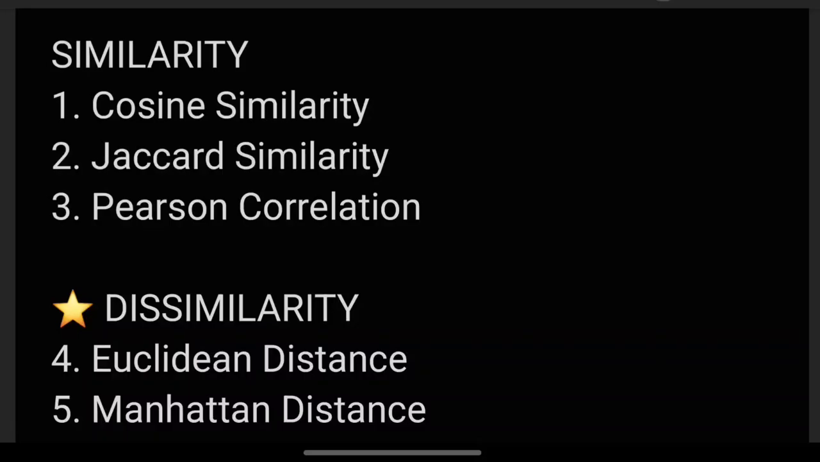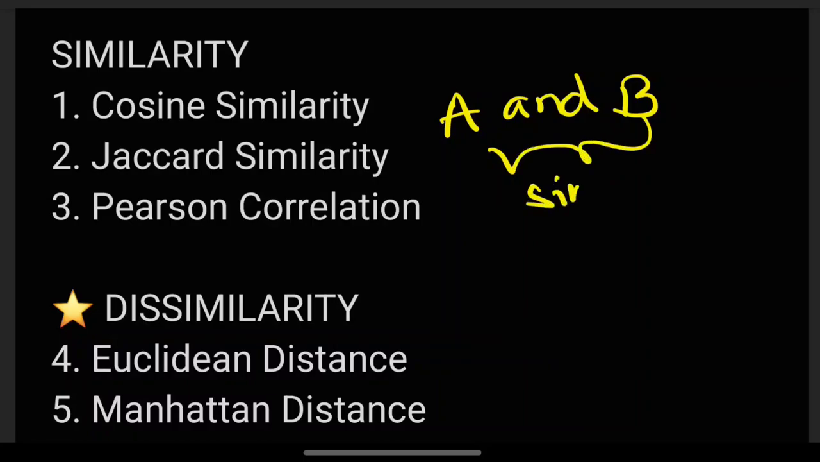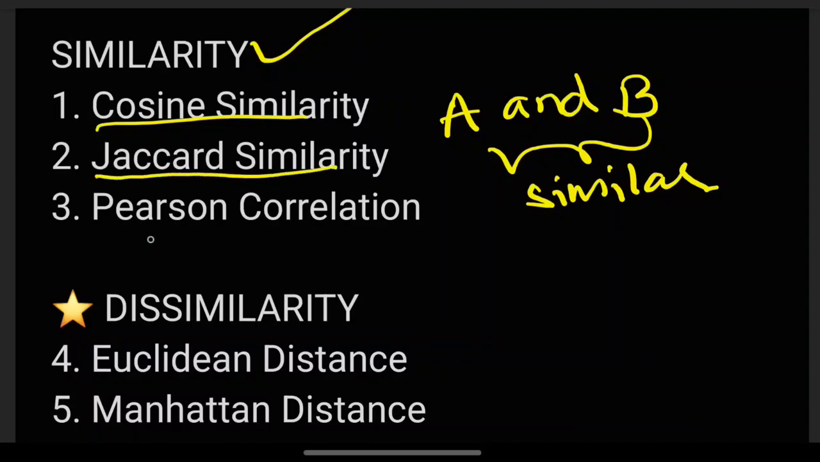So welcome back. Today we are discussing similarity and dissimilarity measures in machine learning. For example, if there are two items, let's say A and B, how similar they are, we calculate using similarity measures. In similarity measures, cosine similarity, Jaccard similarity and Pearson correlation will be there,